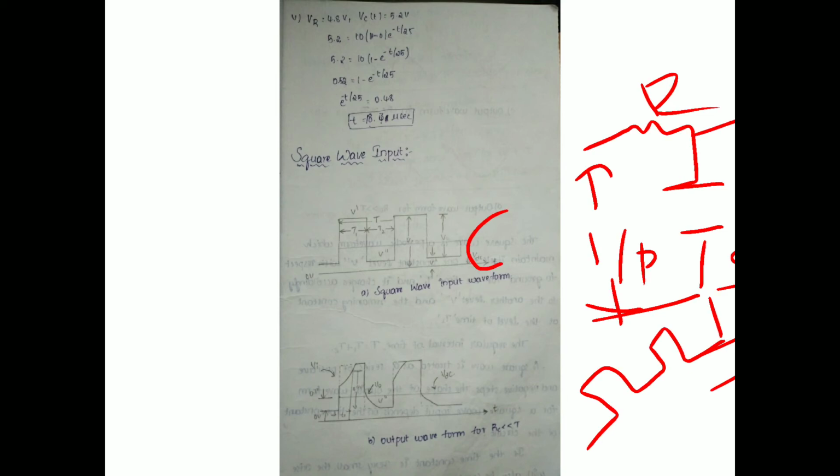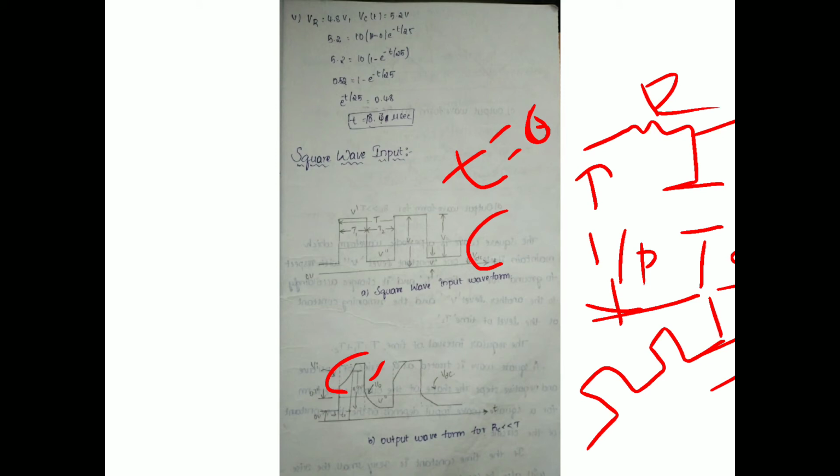When the time constant changes, suppose at t is equal to 0, the input is the same as the output. Now when we apply a very low time constant, RC far less than tau, that means the time constant is very low. In that case, the signal will be like this. The input is like this, but the output is like that.